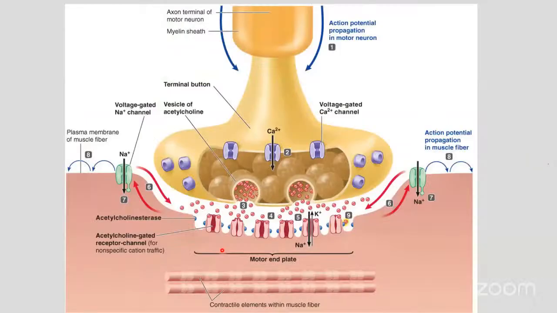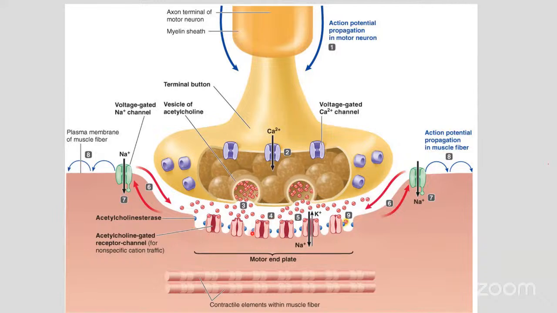Moving on to the neuromuscular junction. The neuromuscular junction consists of the terminal button of the synapse, the terminal button of the nerve end or nerve terminal, the motor end plate, and the neuromuscular junction in between. As we can see, the acetylcholine is stored in multiple vesicles, and it is released by voltage-gated calcium channels. The ACh release causes a change in the ion gradient in the neuromuscular junction, resulting in propagation